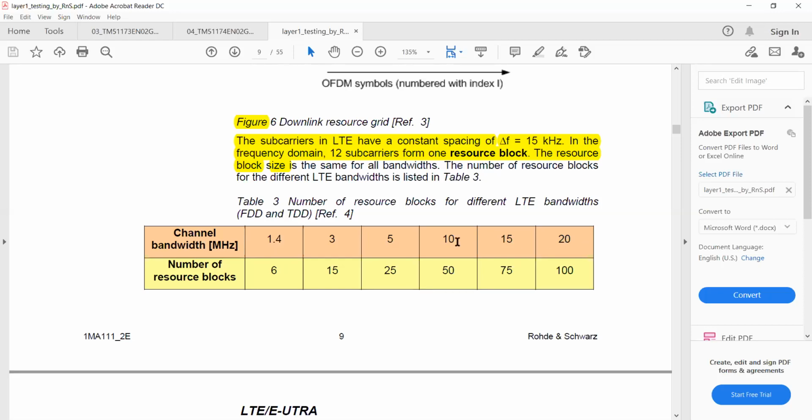But in the case of 10 megahertz, it will be reduced. We may not keep 1 megahertz, only 500 kilohertz, something like that. But the calculation of 10 megahertz and 20 megahertz is the same, so 50 RBs is just half. That's why I'm asking: is the guard period of 20 megahertz and 10 megahertz the same? Of course, the calculation is the same, so maybe the guard period is also the same.